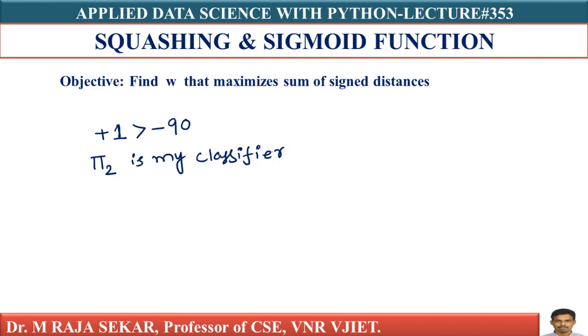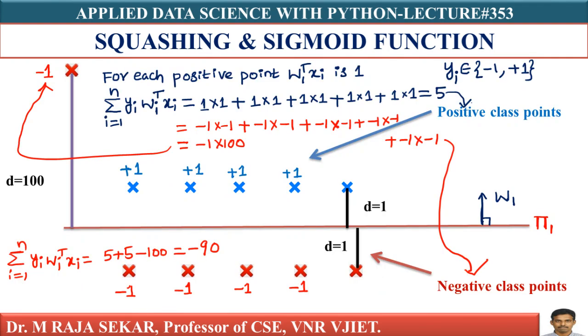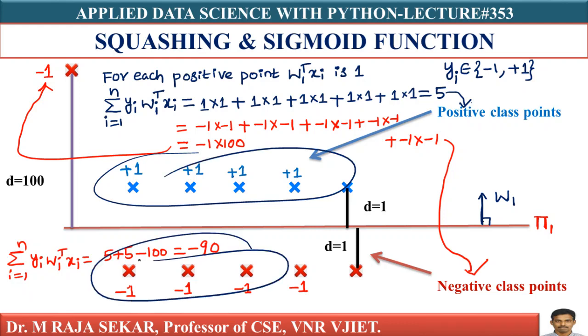If I choose pi 1 as hyperplane, we can have a good logistic regression algorithm which almost correctly classifies the points. Just go back and see my pi 1, what's happening in the case of pi 1. Just see this one, this is my pi 1. If I choose pi 1 as hyperplane, we can have a good logistic regression algorithm which almost correctly classifies these points. Just see these points, it's correctly classifying these 5 points and these 5 points, isn't it? I will repeat, it correctly classifies these 5 positive points and 5 negative points.